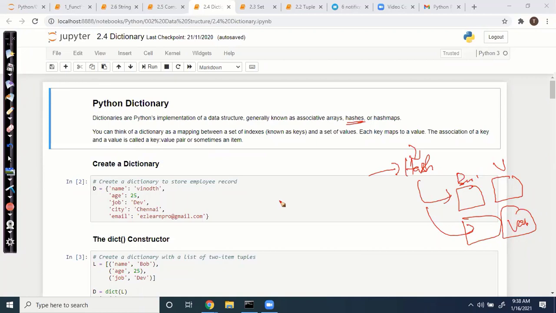But if you are using a tuple or list, you have to iterate over all the items one by one. In our business cases, say we have 100 employees, and in your object you have the 100 employee names. If you want to find whether one employee is there or not, you have to use the in or not in operator. What it will do is iterate over all the items and find whether it is there or not. Otherwise, you have to use a for loop and check manually.